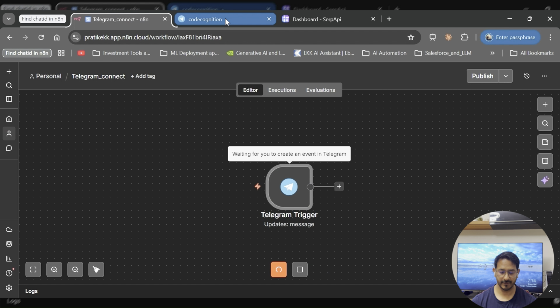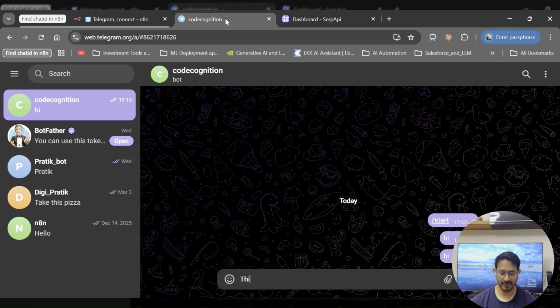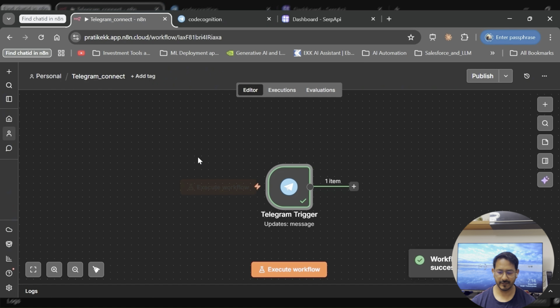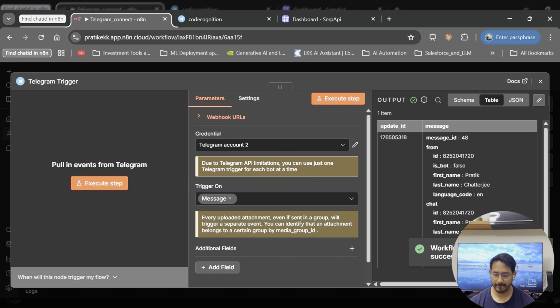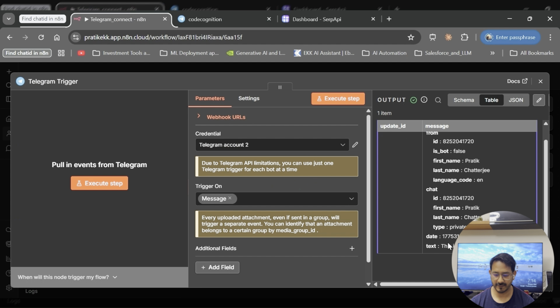Let me type in again, as this is my message. Okay, and it has executed the workflow. We'll go back and see: this is my message. So we typed it in, which means it is working, right? That's how it worked last time. Now how do I get this chat ID? This is the chat ID which is here. Now if you copy this one,